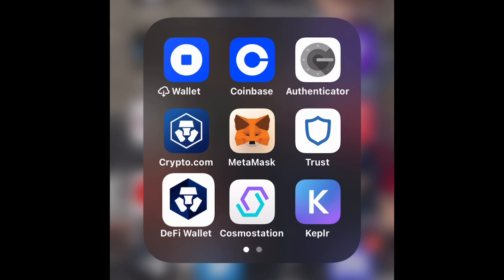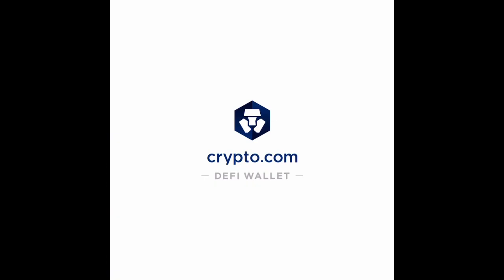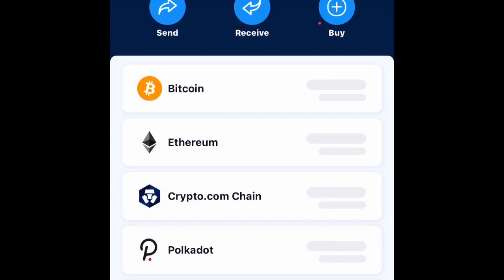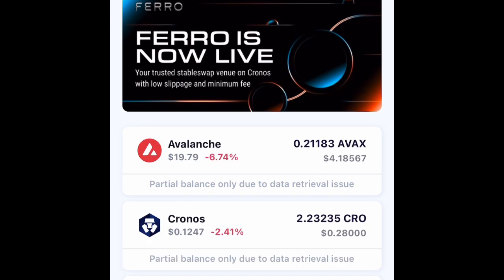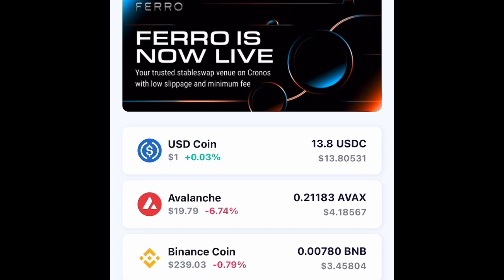So right now what I'm going to do is purchase some Crow. When I swap it over, I'm going to get Crow in the Chronos version of it. You can't send the Chronos version to the Cosmostation, so you have to convert it to the crow.org version. So I'm going to do all that on here to show you guys.